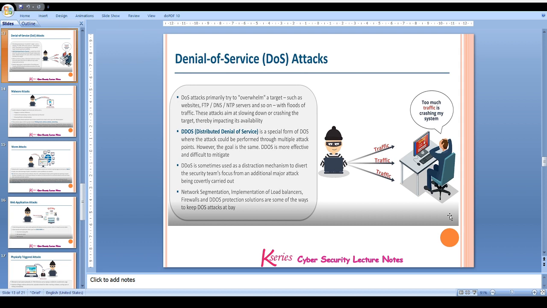We do have distributed denial of service attacks as well, wherein the attack could be performed through multiple attack points. And the goal is the same, that is to crash the target. Now, to counter such attacks, network segmentation and implementation of load balancers and firewalls can be of help.